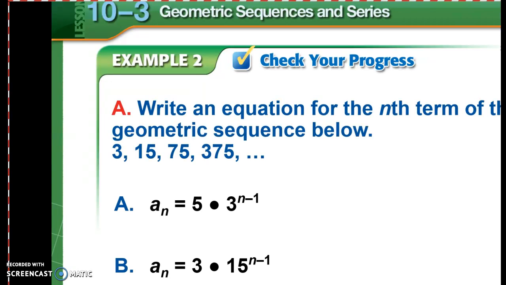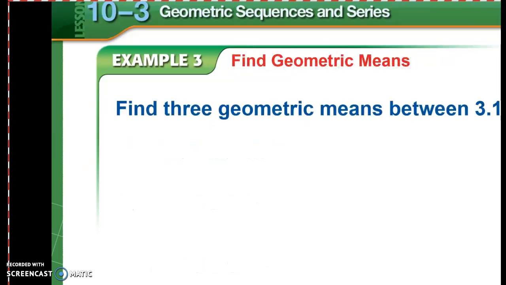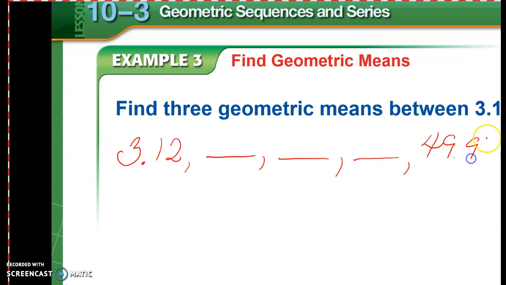Let's look at finding the geometric means. So here I have 3.12, wanting to find the three means, three terms in between these terms. So we have our A1, and this is first term, second, third, fourth, fifth. So we have our A fifth. So we're going to have to find our ratio so we can plug that in. So let's plug in our equation,